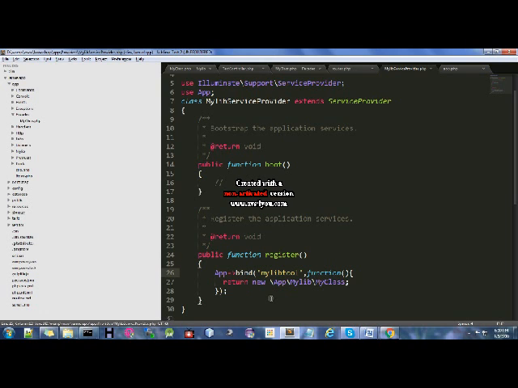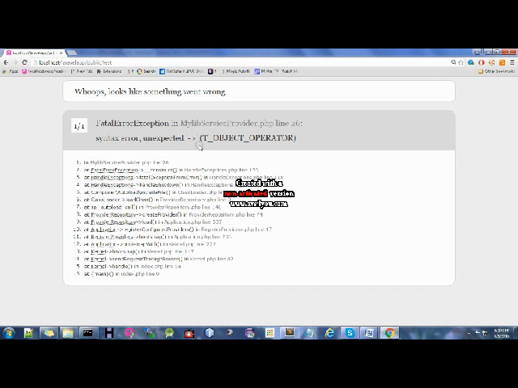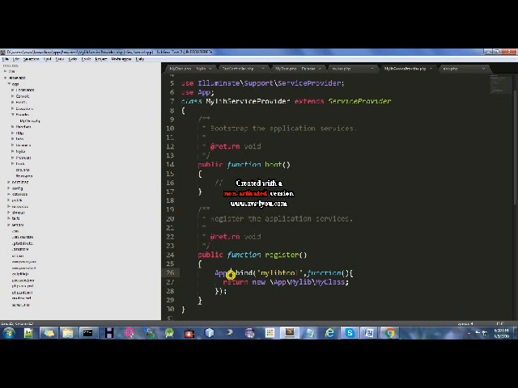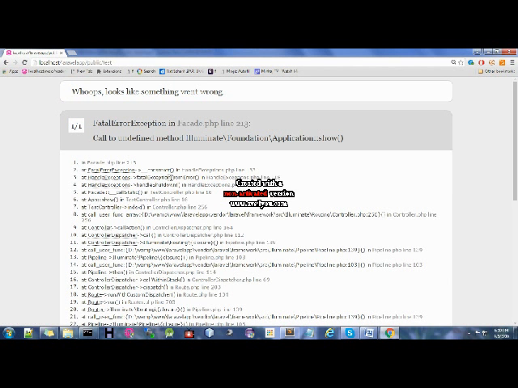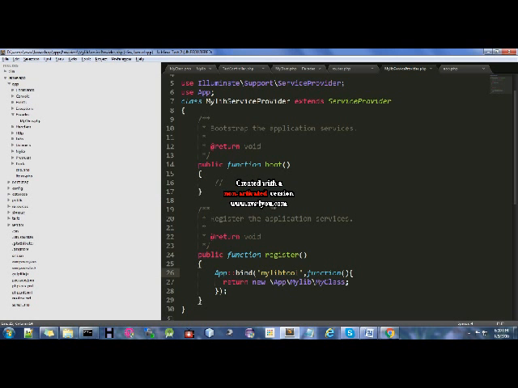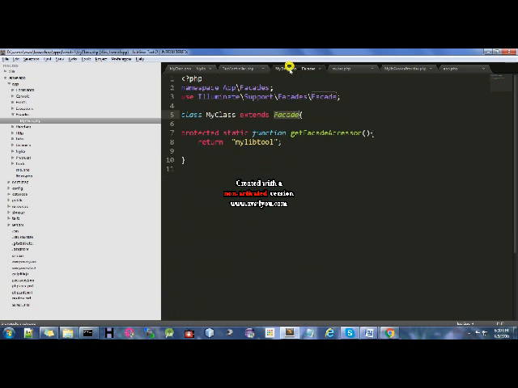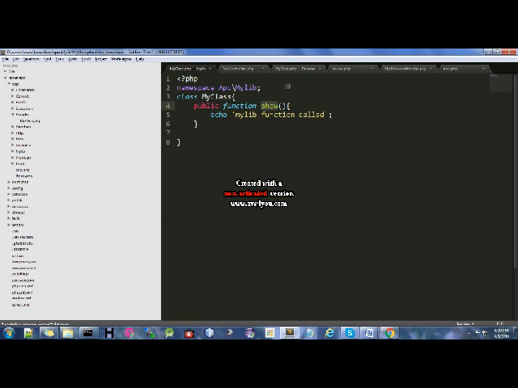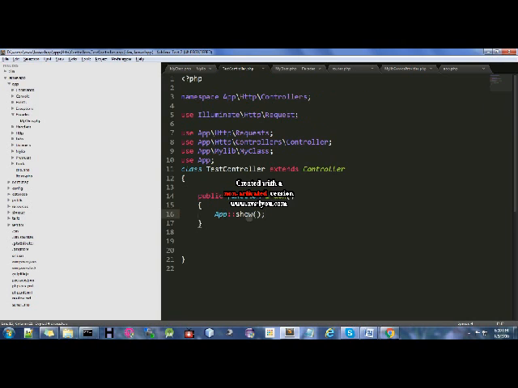If you call it now, there is some problem with that. In my service providers I have app, then bind, or you can also use the resolution operator.